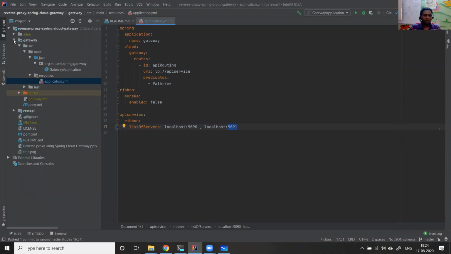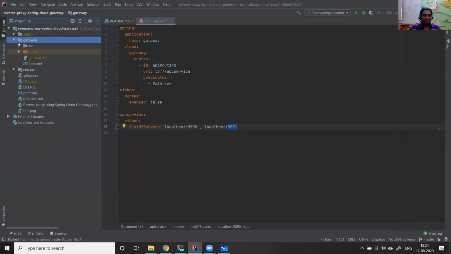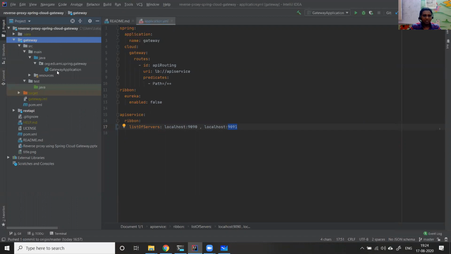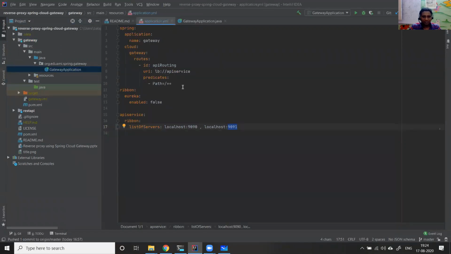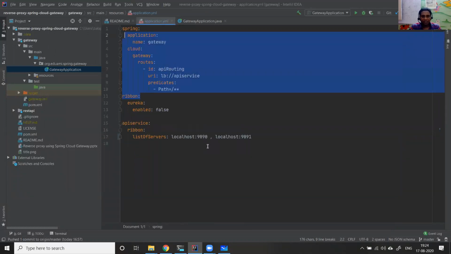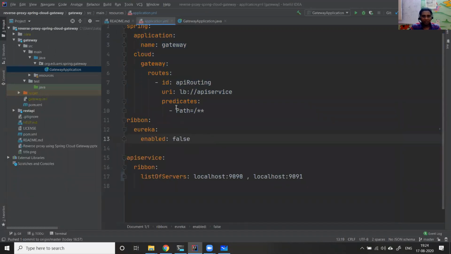I'll do a code walkthrough. I have two things. One is the gateway. The gateway is a Spring Boot based application, with the gateway application. The entire crux is in this application file, where I described my routing.